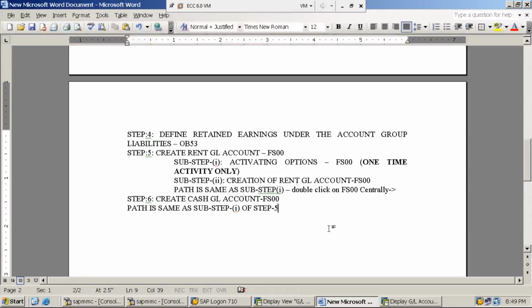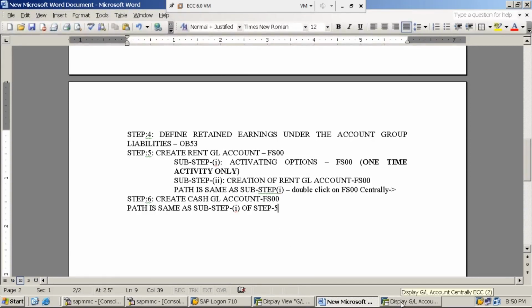Can you buy a plot, open land? All those are properties, nothing but assets, right? Cash is also an asset, also a property. As it is an asset, we are trying to create a GL account for the cash.